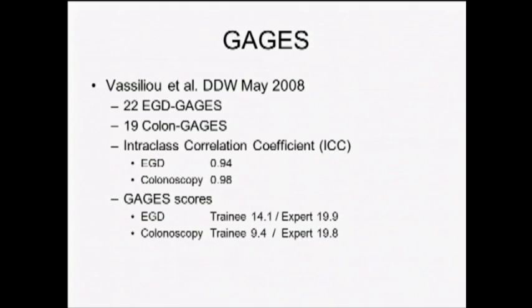Melina presented GAGES first at DDW in 2008, and this was a preliminary study, but you can see that the correlation there for upper and lower is excellent, and we get very good construct validity in being able to separate out trainees and experts for both upper and lower endoscopy. So this is quite a powerful tool, and in fact, the Fellowship Council, which oversees minimally invasive surgery fellowships, has